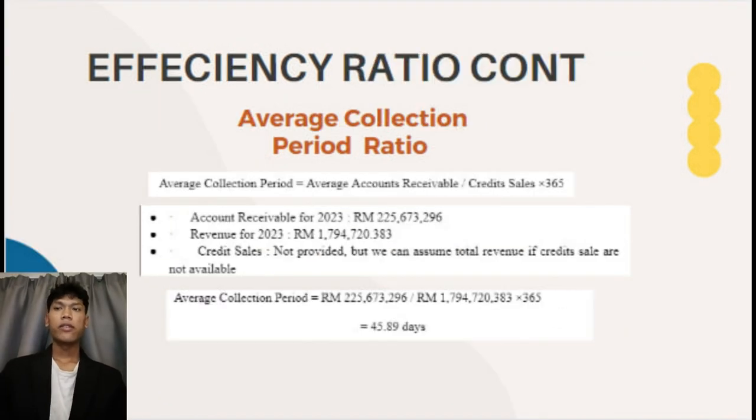Next is average collection period. So this ratio measures the average number of days it takes for the company to collect payment from its credit sales. The formula is average collection period equals average accounts receivable divided by credit sales, multiplied by 365. From the report, we get that accounts receivable is